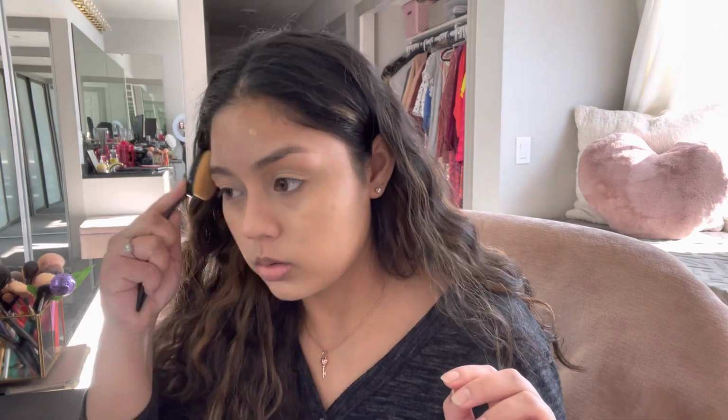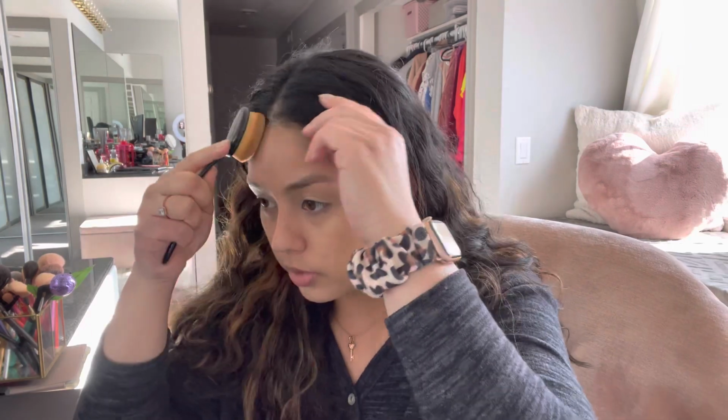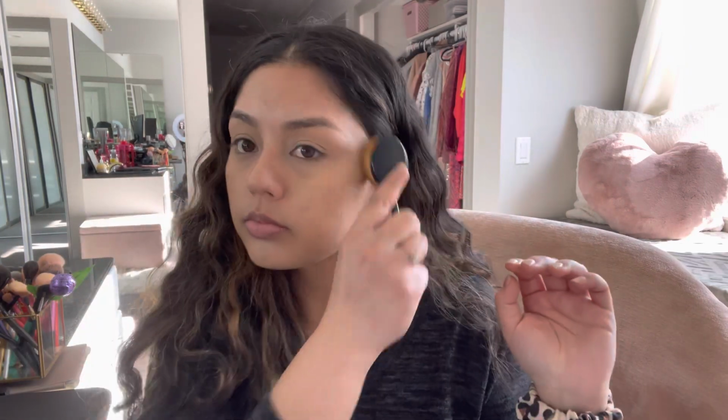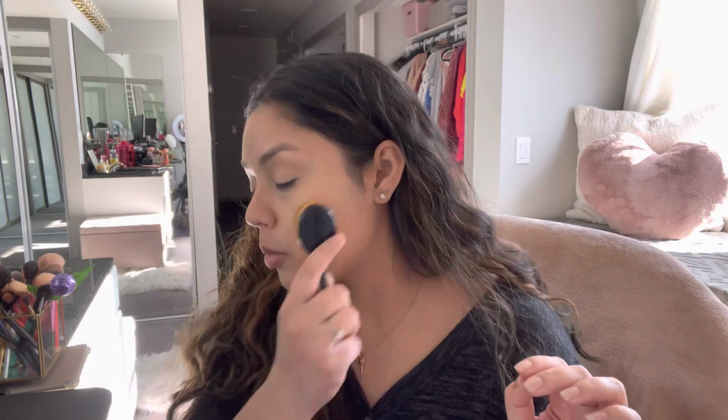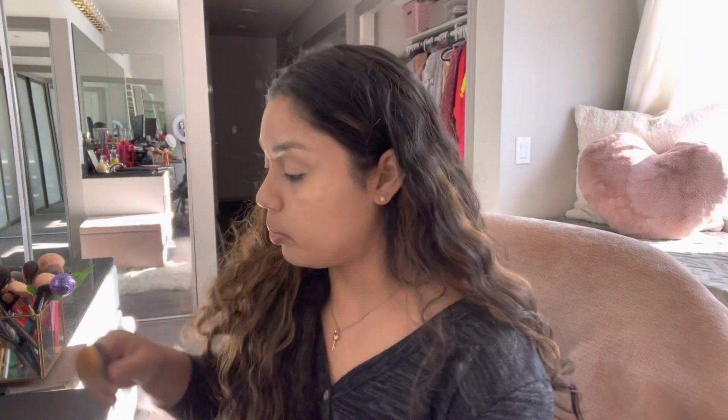And I will just kind of drag this up. I don't know why, but I don't like to put a lot of foundation on my forehead. I know that doesn't make any sense, but I'll probably go back in there. So once I have a mirror right here, I'm kind of looking at that as well for reference. Once I'm done blending that in,